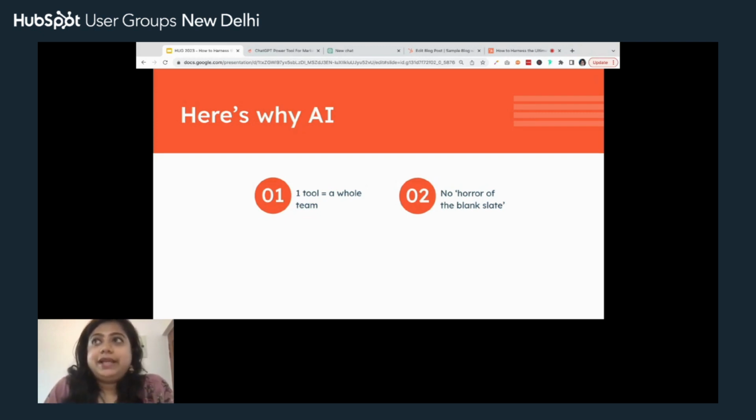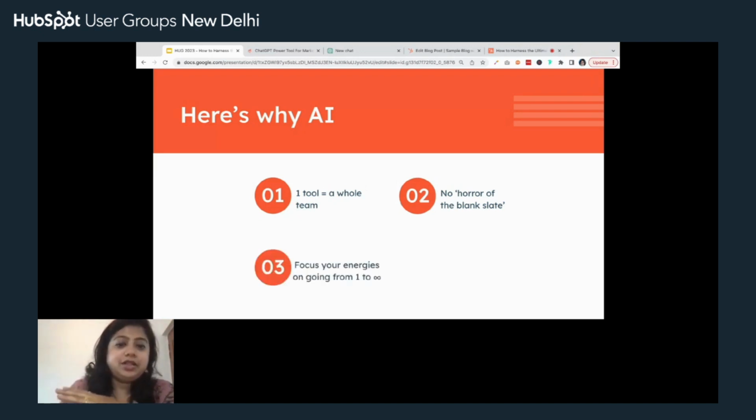And usually you will see that taking something from scratch to draft one is way harder than taking something from draft one to the next level. So with AI, you typically don't have to waste a lot of time looking at the blank screen. You can just ask your questions, get AI to hit the ground running, start giving you answers, and then pick up from those answers and kickstart yourself. So you can focus your energies on taking an idea from draft one to its greatest levels, rather than struggling to take it from scratch to a particular standard.